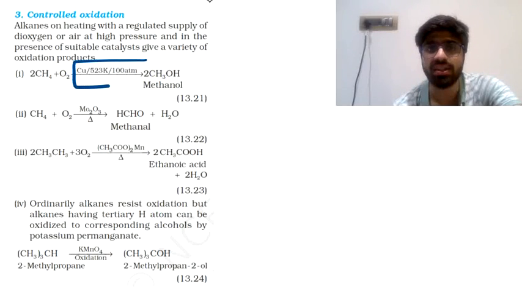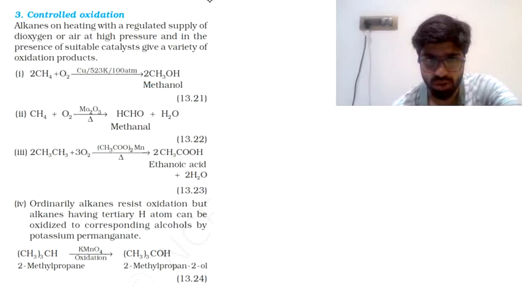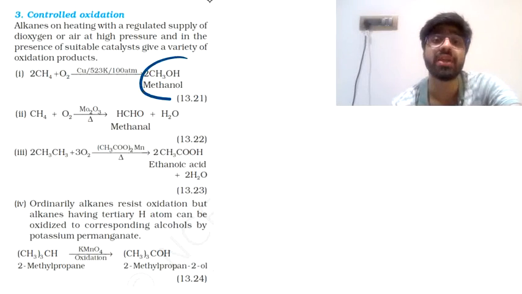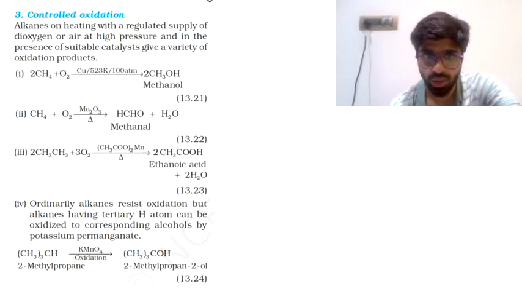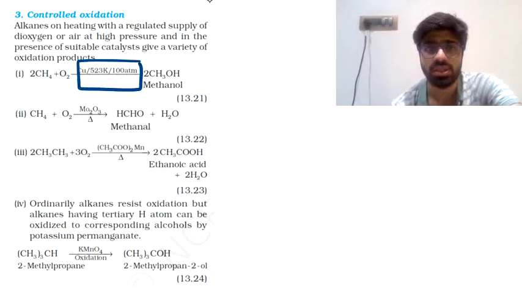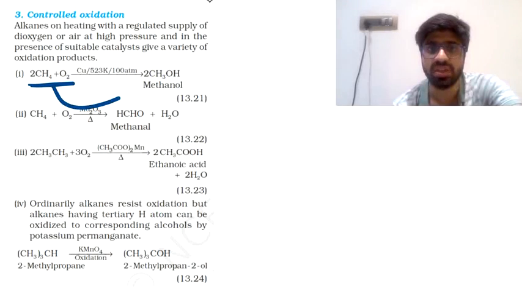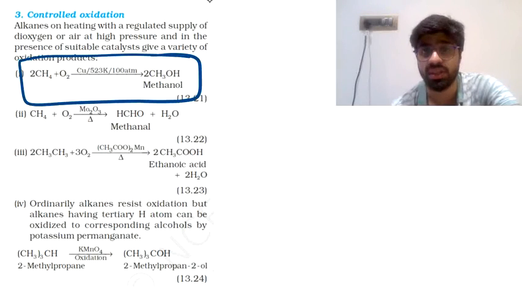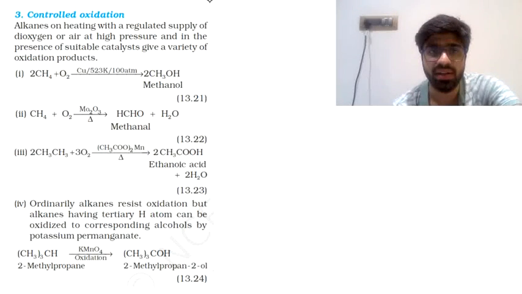If the conditions and the catalysts are going to change, then methane and oxygen's reaction might give you something other than methanol. Okay, so only under these conditions, the reaction of methane and oxygen, that is partial oxidation of methane, will give you methanol. Do you need to memorize it for your college exams? Yes. And beyond your college examinations? Absolutely no. Don't waste time in memorizing all these things. Go ahead with the second reaction.